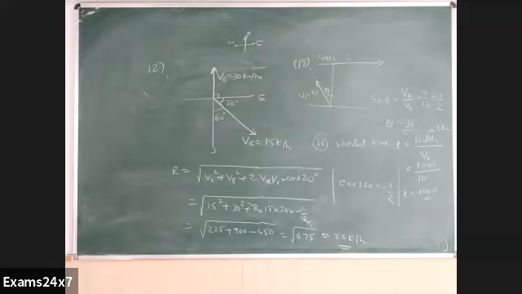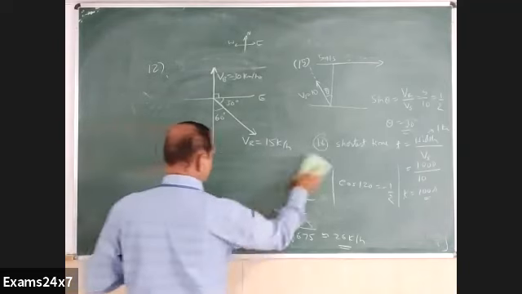7, 3i plus 0.4i into 10. I part: velocity, initial velocity plus corresponding acceleration into time. Similarly, j part: initial velocity plus corresponding acceleration into time. I think both of them become 7 and 7, no? Separately. Therefore, 7i plus 7j becomes the answer. And magnitude wise, root of 7 square plus 7 square becomes the answer.